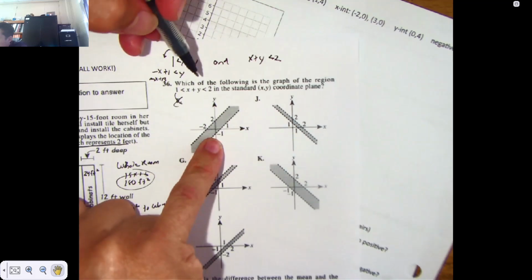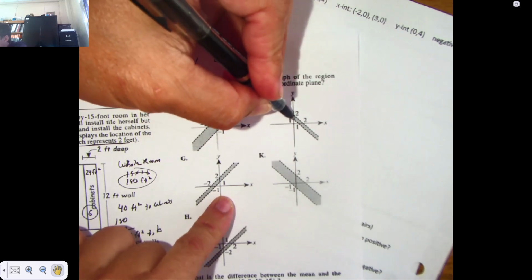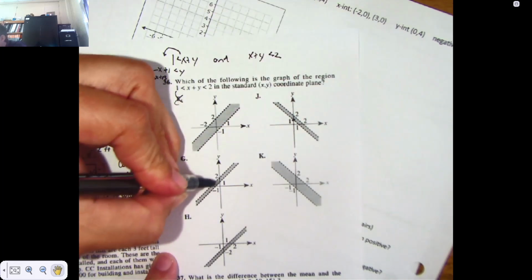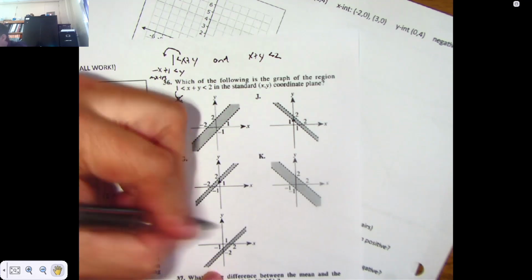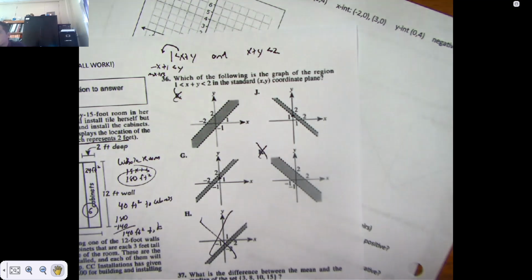So I'm looking for a graph that has a y-intercept at 1, and it's not F, because the y-intercept is at negative 1 or 2. That one's got a y-intercept at 1. That one's got a y-intercept at 1. This one down here does not. It's not H. All right? This one does not have an intercept at 1. It's not K. So just by knowing how to write the 2 equations and convert to mx plus b, I'm